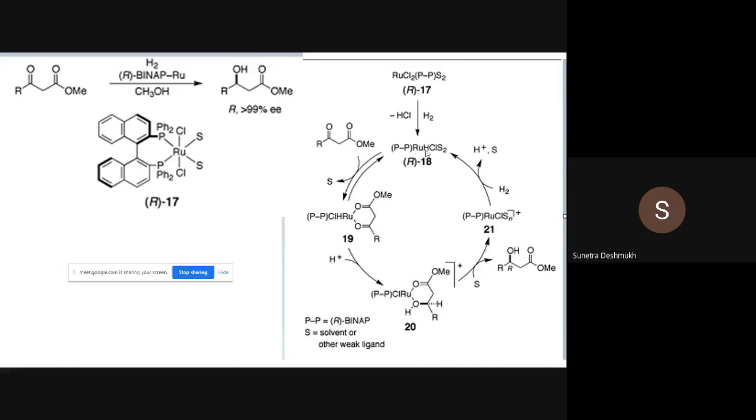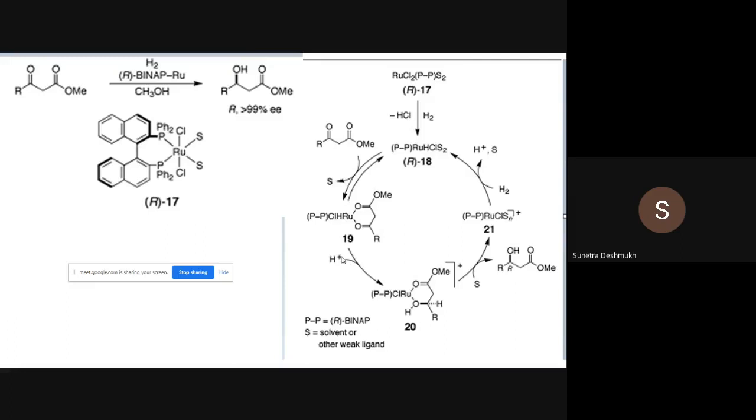So the catalyst is here. We add the starting material. One of the solvent molecules is detached from the ruthenium, and this starting material forms a complex with the ruthenium catalyst. So addition of H plus. Already one H is here. After hydrogenation, one chlorine is removed from here, and one chlorine and one hydrogen are present.